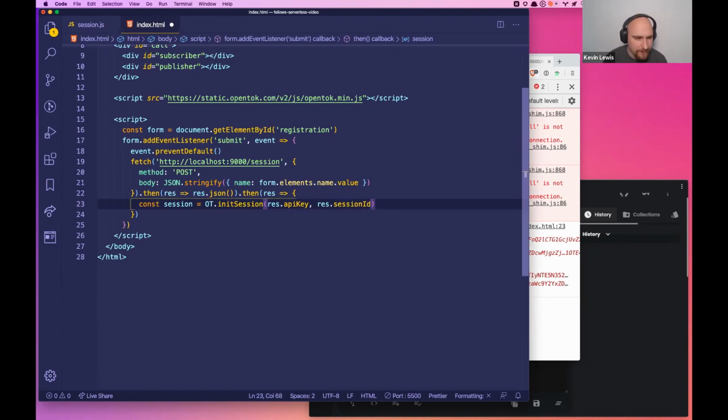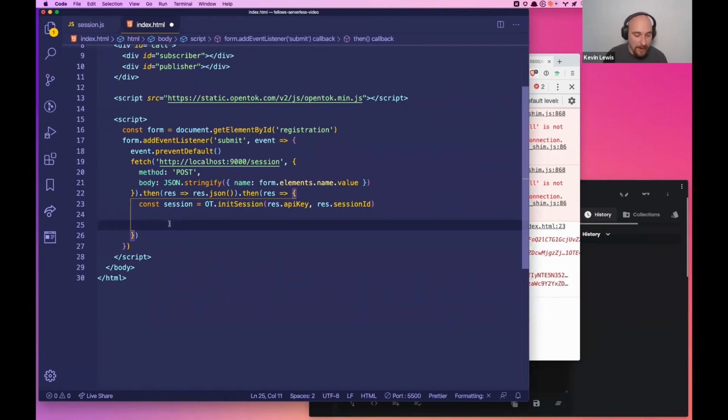Like so. Next, now that we have connected to that session, we want to create what is known as a publisher. A publisher is our own webcam video or our own screen share. I'm going to use our camera. You might want to hide this behind a button so it doesn't automatically do this, and maybe wait for them to turn their camera on. We're just going to do it by default though once they load the page and we get the requisite information